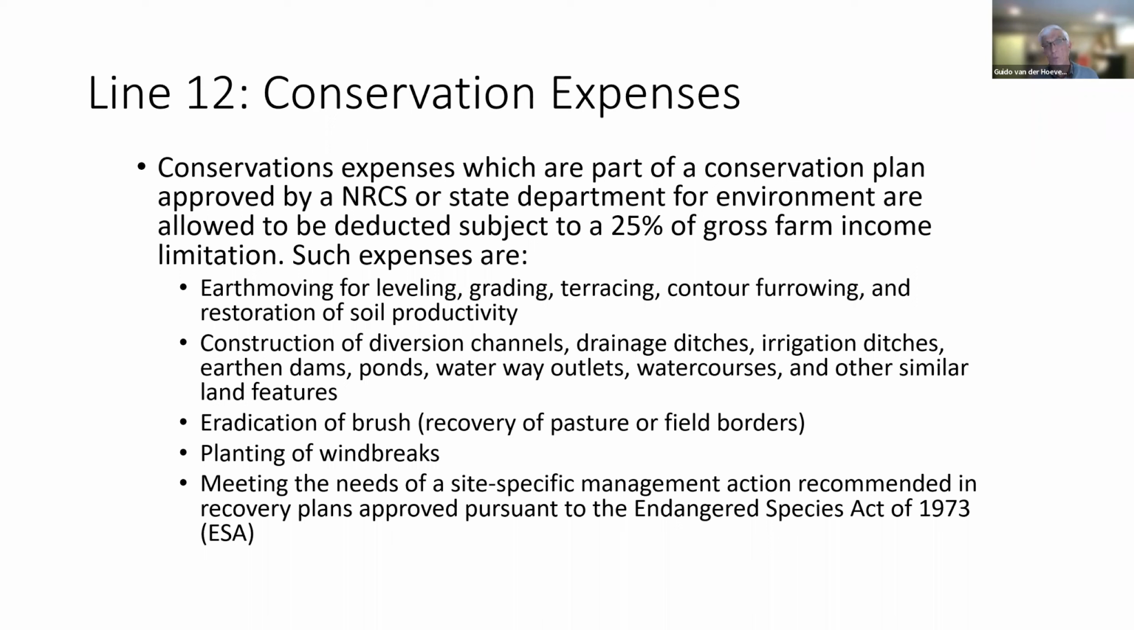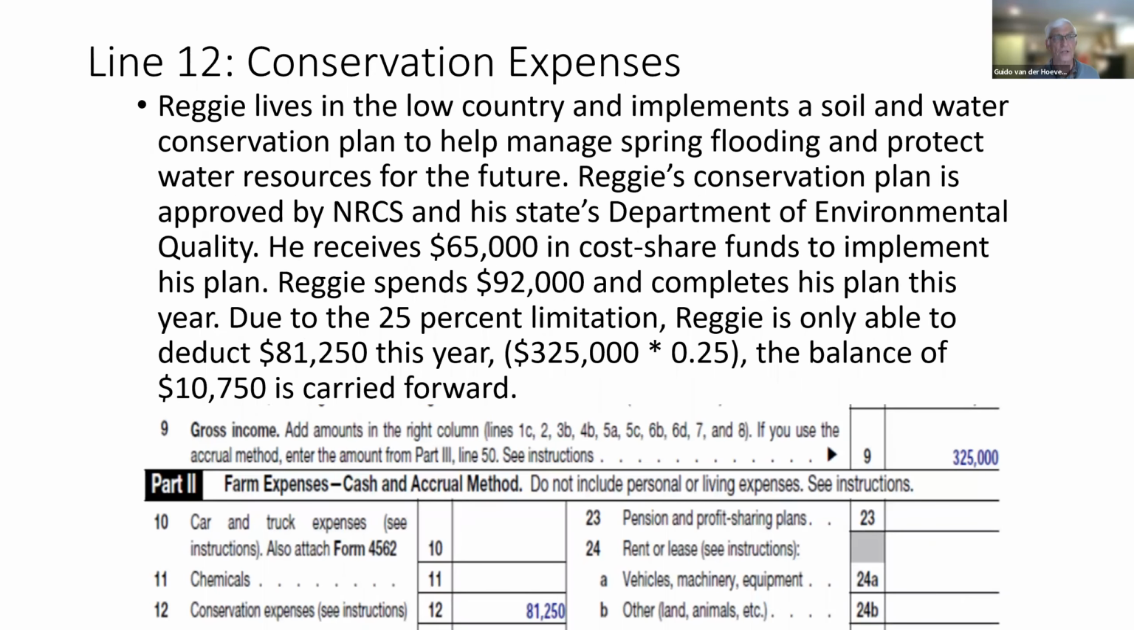But you need to watch out for these and think about if you're expending these kinds of expenditures, they're going to be limited to 25% of gross farm income. And here's an example. Reggie lives in the Low Country, implements a soil and water plan. Now he receives $65,000 in cost share, but he spends $92,000. So due to the 25% limitation, he's only going to be able to deduct $81,250